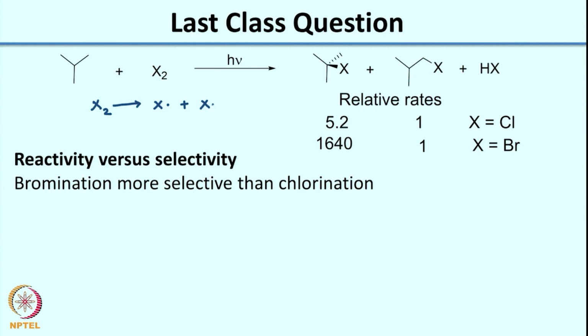Now the next step would be where you have your alkane reacting with X dot. So you generate a radical. So you can either generate this radical. What would be the other possibility? I am sure you have the answer for that. Or it can generate